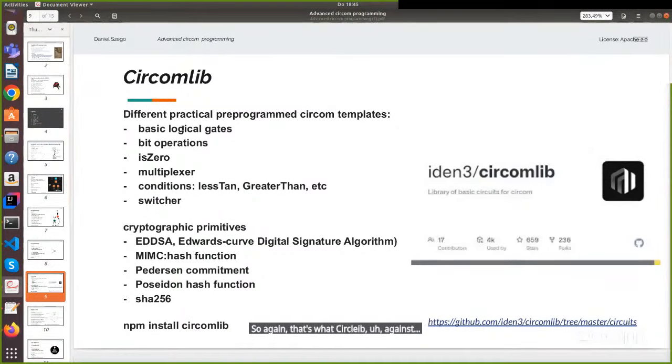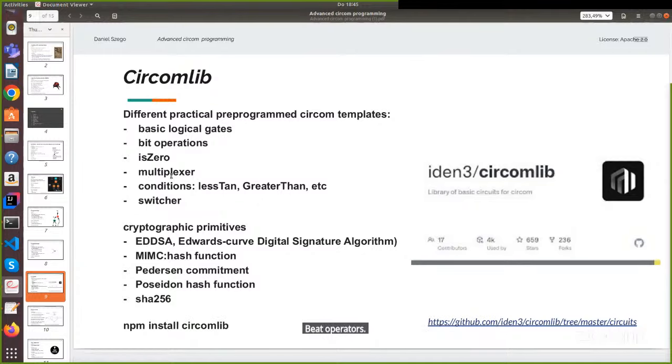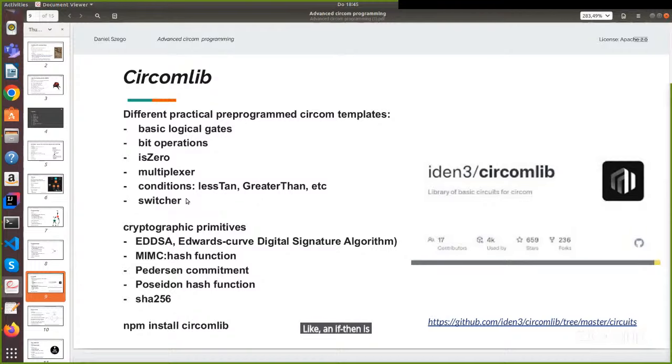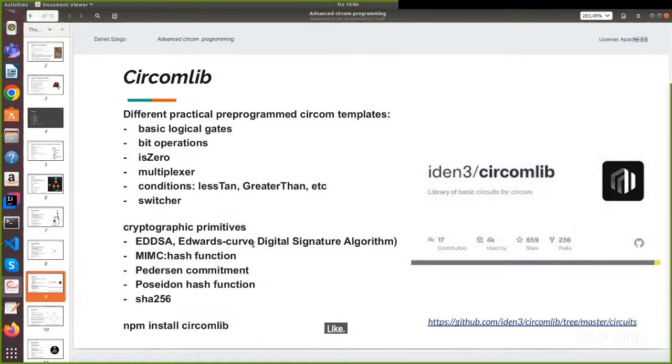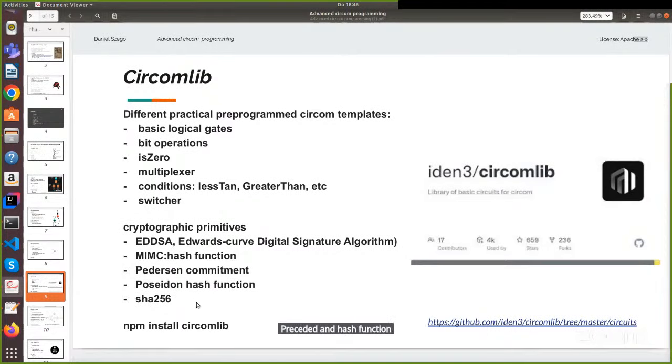Again, it's practically different pre-programmed Circom templates, and it starts from the basics, like basic logical gates, bit operators, IsZero, multiplexer. I mean, sometimes in programming with circuits, an if-then is tricky. So we have something which is a switcher, less than, greater than, and so on. And we have a few cryptographic primitives as well, like EdDSA, the Edwards curve digital signature algorithm. We have hash functions: MiMC, Pedersen, Poseidon hash function, and even SHA-256. Perhaps it's worth mentioning,